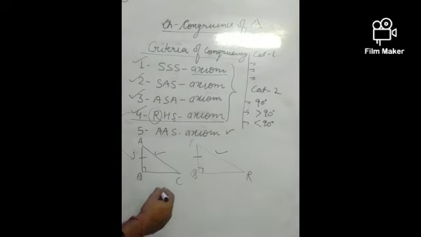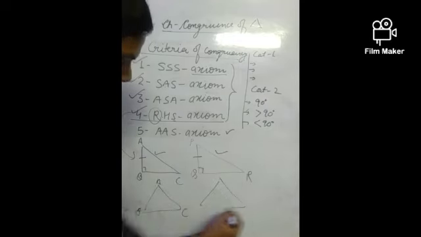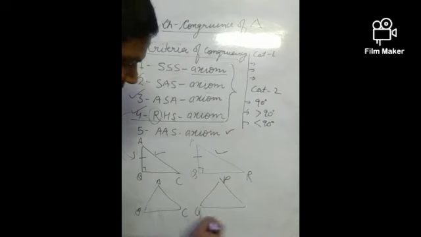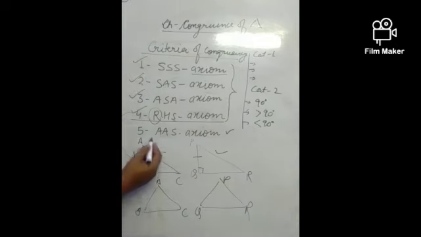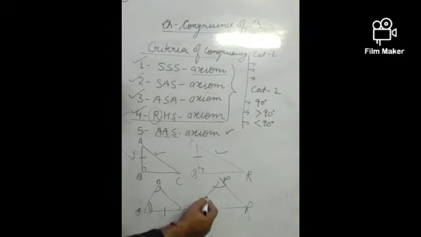So if two triangles are there, like ABC and this triangle PQR, the sequence is what? Angle, angle and side. You may take any two angles, these two angles and the third side. Similarly, this angle and this third side. So this is all about the five congruences. Dear children, this is the basic concept.